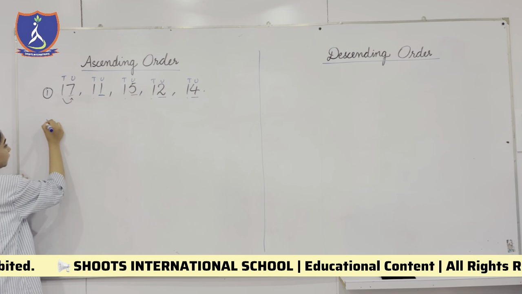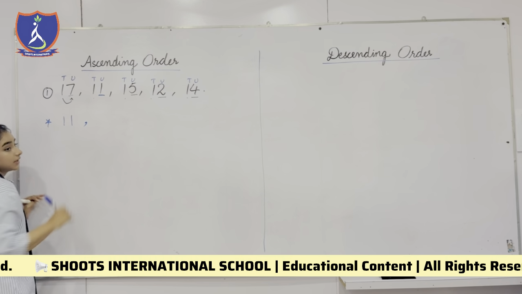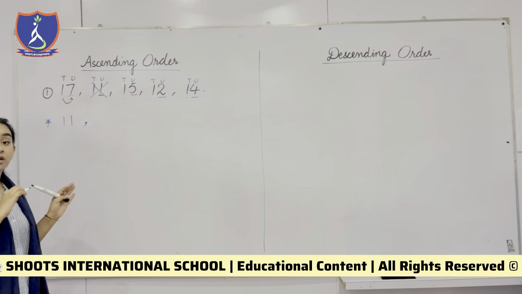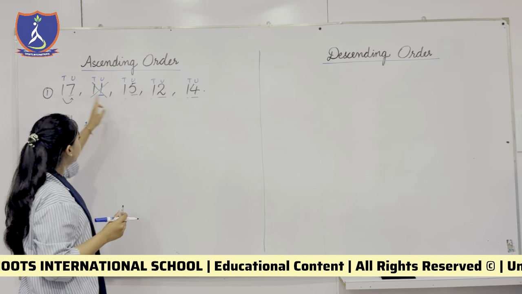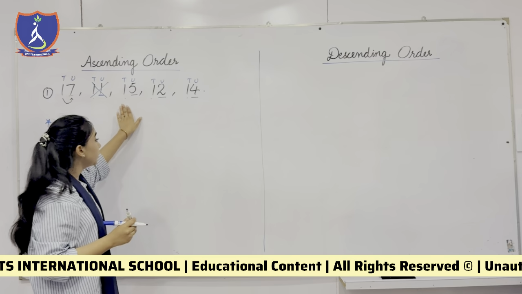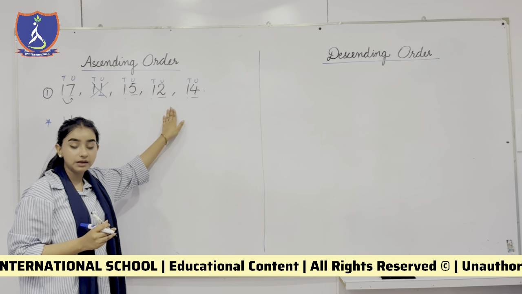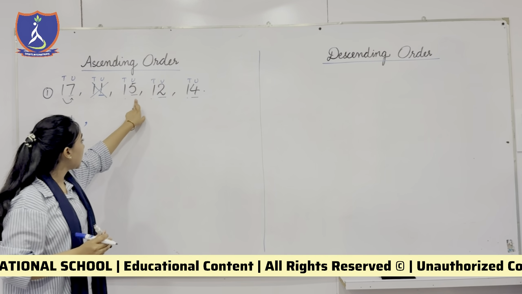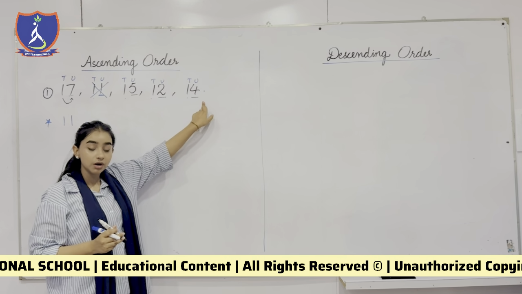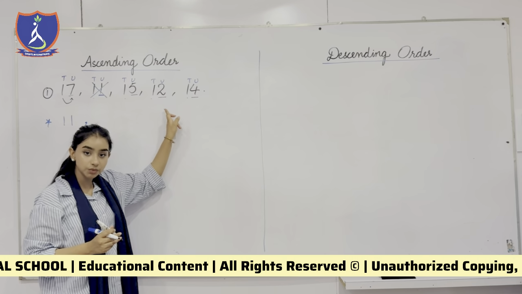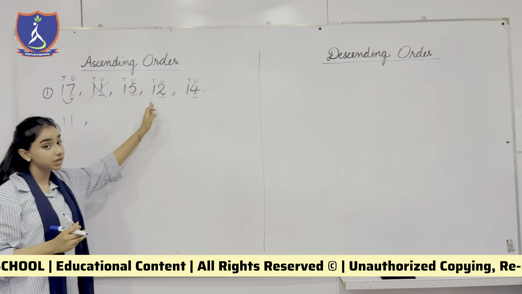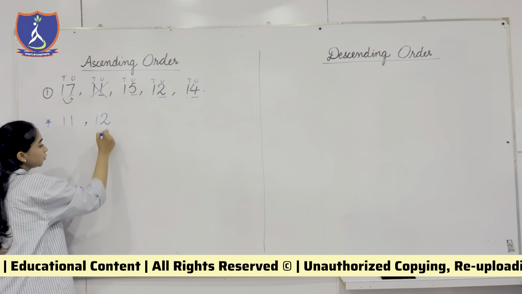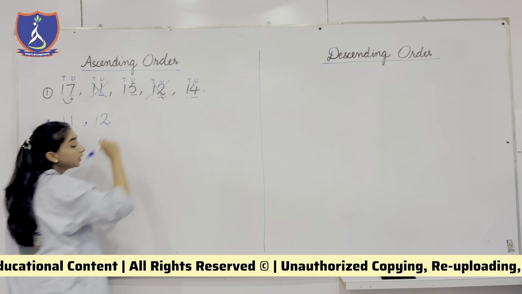That means our first number is number 11. Right? Now 11 is out of the game. It would be crossed out. After that, we'll move towards the rest of the numbers. Now in the remaining numbers, you have to find out the smallest unit. Now we are left with 7, 5, 2 and 4. What do you think is the smallest unit? The smallest unit is 2, so the number is 12. Very nice. So after that, you will write number 12 and it would be cut out of the game.